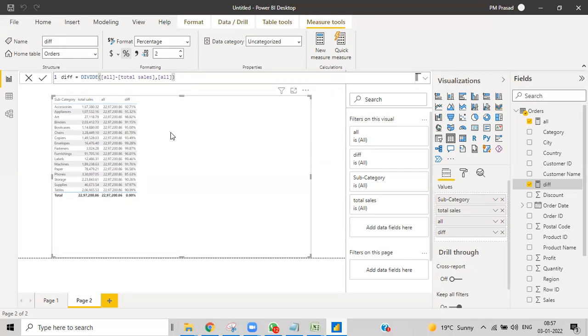A minus B by A plus B by 2, into 100. That's A plus B by 2. Okay, do that also, A plus B by 2.